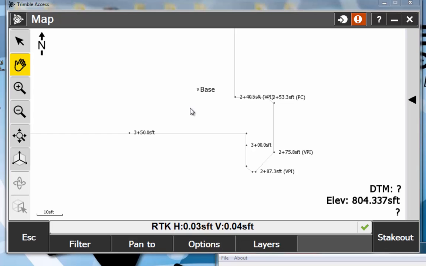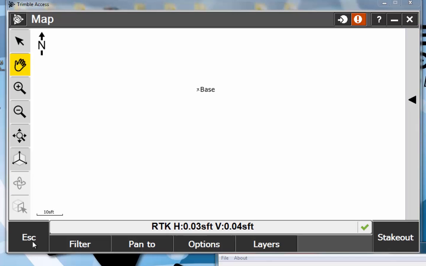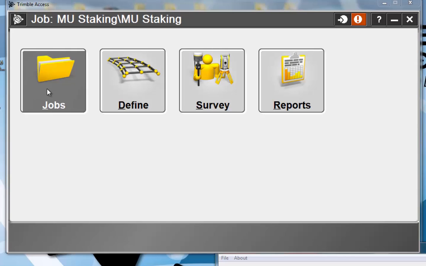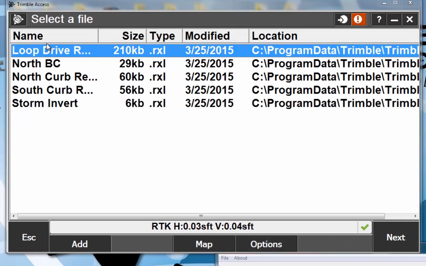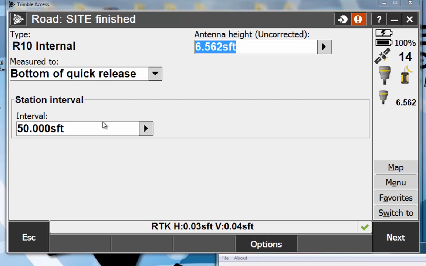So this is where having the roads module is advantageous. So let me show you this exact same thing, just in a different part of the software where we're going to switch to roads, which is more or less designed to be doing this, okay? If I switch over to roads, being that this is an RXL, the software recognizes it as a road. Even though it's just a centerline alignment profile, I can still stake it as a road. So if I go to survey and survey roads, here I have my files. Notice I have my north back of curb RXL, the same file I just loaded in the map screen. If I load it in here and let's say stake it every 15 feet, whatever interval I want to specify,